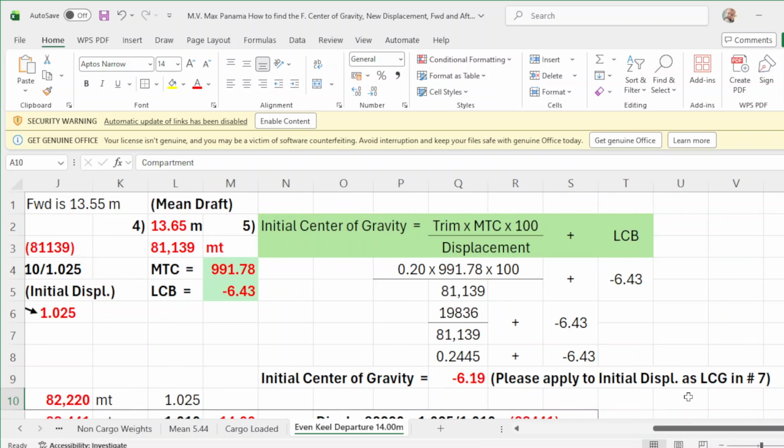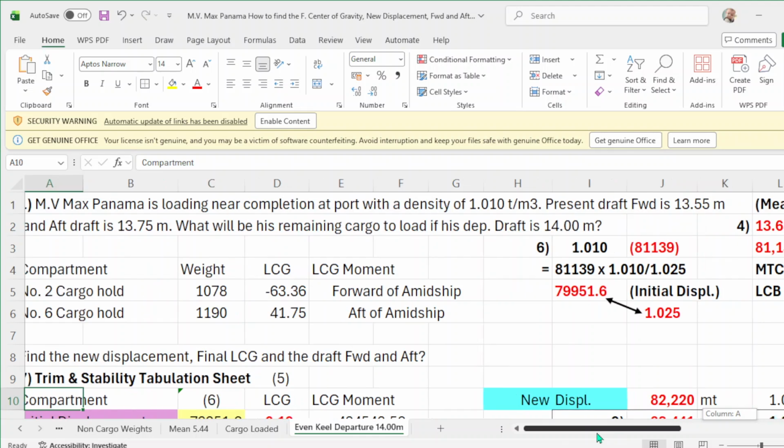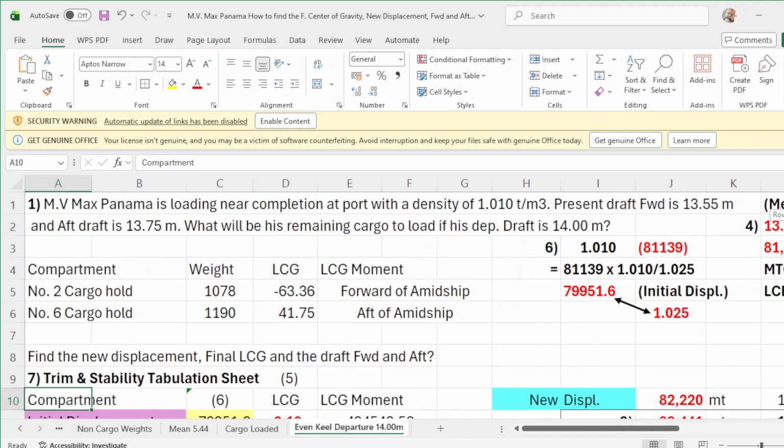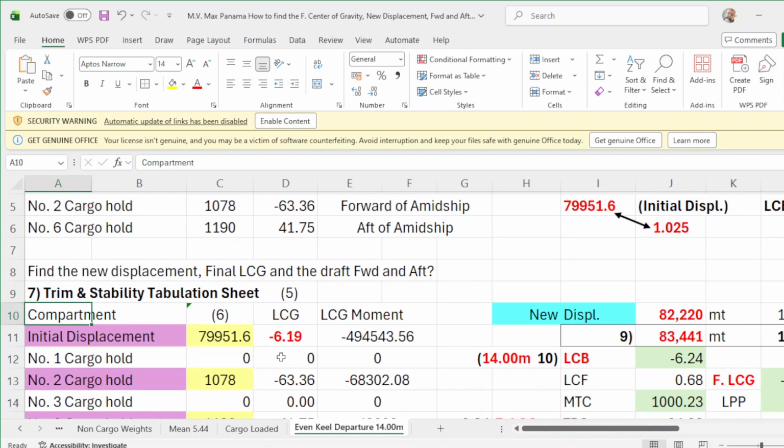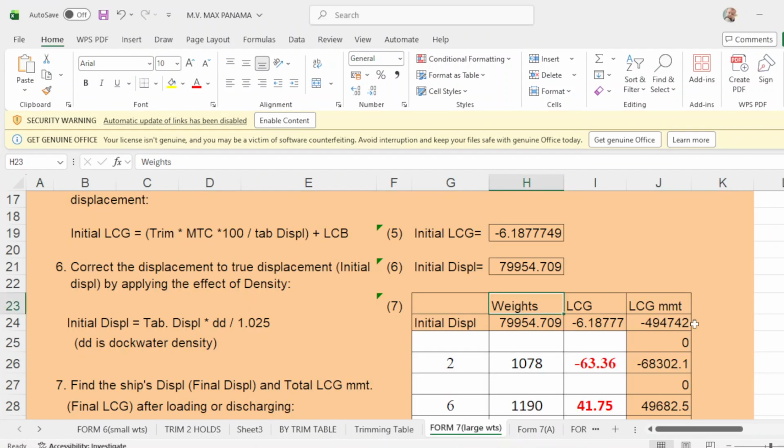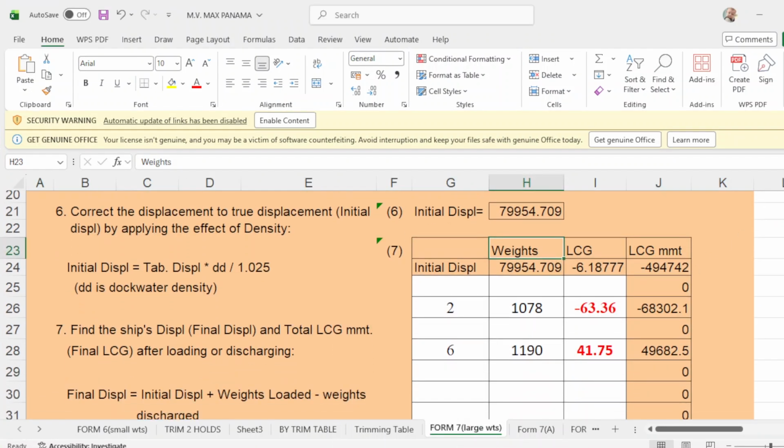Please apply to initial displacement as LCG in number 7. Okay, then you put your cargo hold number 2 weight of 10078, and the initial LCG is negative 63.36, and this is the same as this one. So number 2 is 10078 and negative 63.36, which is the same here.